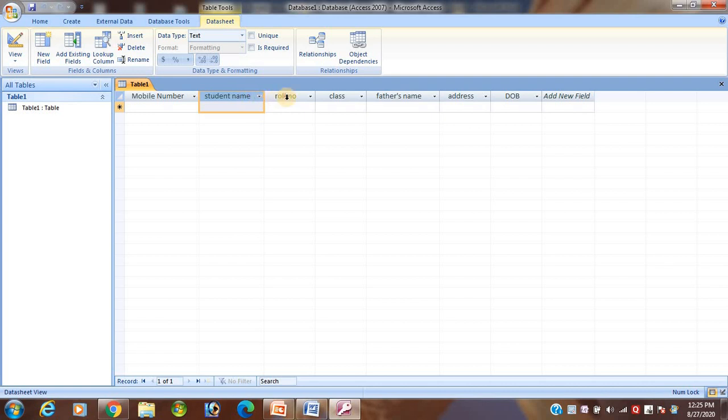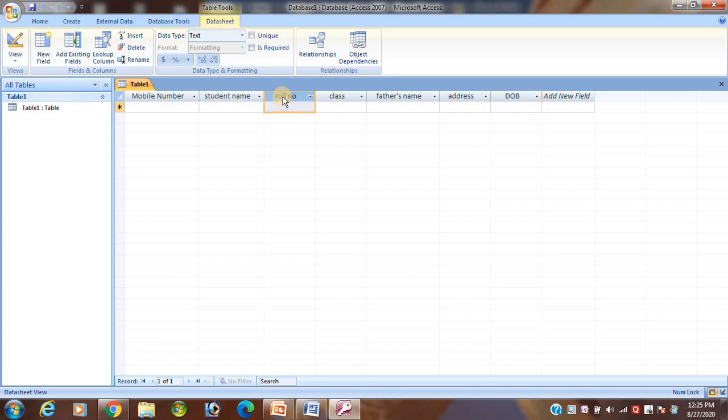If I click here, the default data type displayed is text. Yes or no? Class also text, father's name also text, because here I have not specified any data type, but by default it has been displayed. Date of birth also shows text. Yes or no student? So you have to change this one.